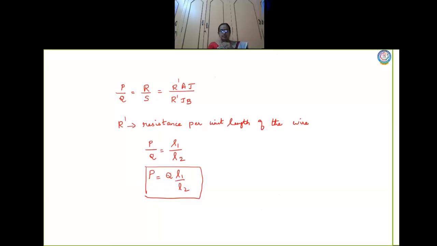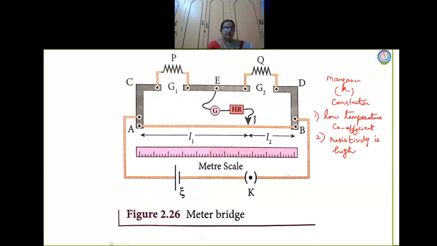Now once again let us go back to the diagram. As I said, there are copper strips. Now, C, E, D, you will be able to understand better when you see this apparatus in the lab. This is a bent shape, an L-shaped copper strip, or you can also say it is in the shape of L. So it is an L-shaped copper strip here, and here also it is an L-shaped copper strip. It is made up of copper strips.